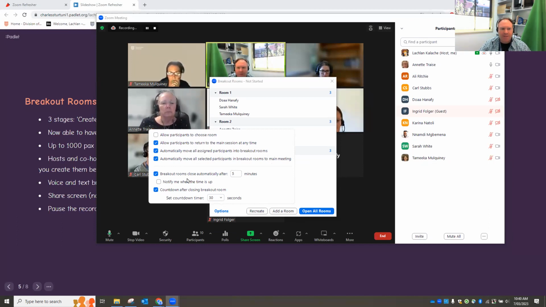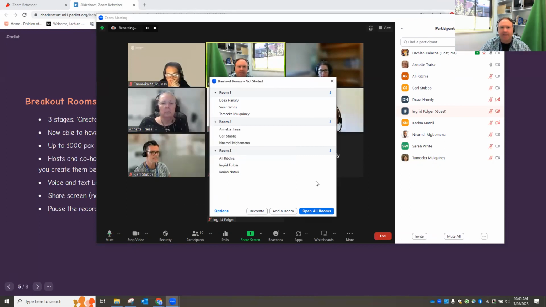How long do you want them to be open for? You can change that. Do you want to be notified when that time's up as the host? Probably not. I think you're probably going to be aware of it. There's a timer for the people in the breakout rooms you can put on. How long do you want that to be open for? So the breakout settings are still pretty much as they were, but once we launch the breakouts,